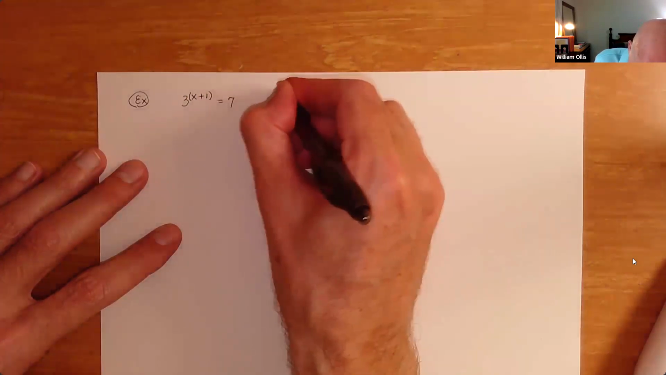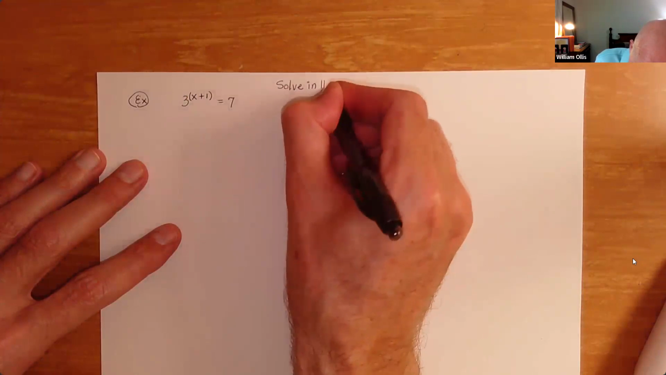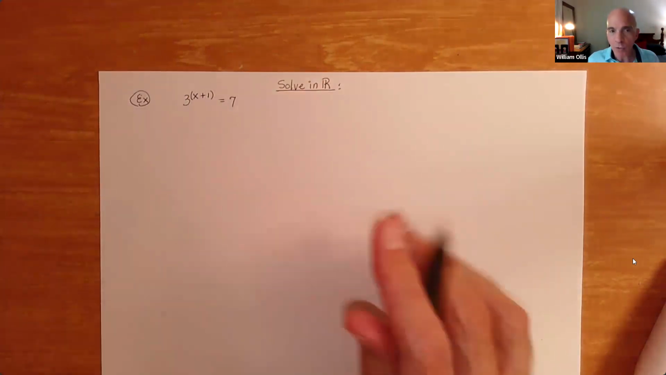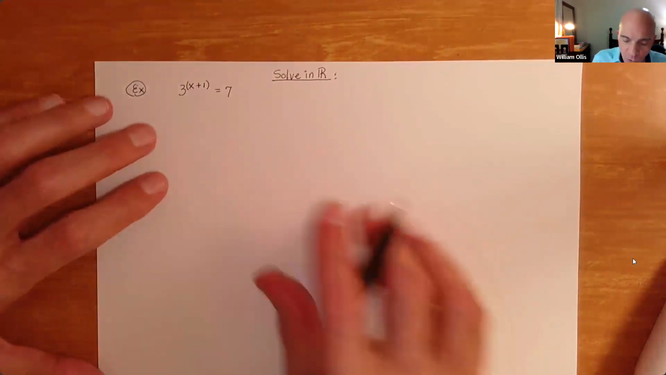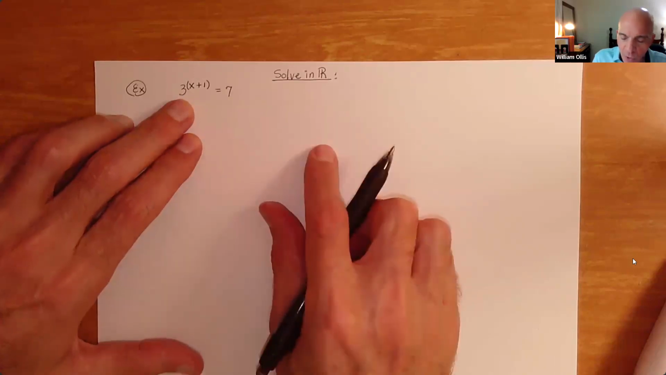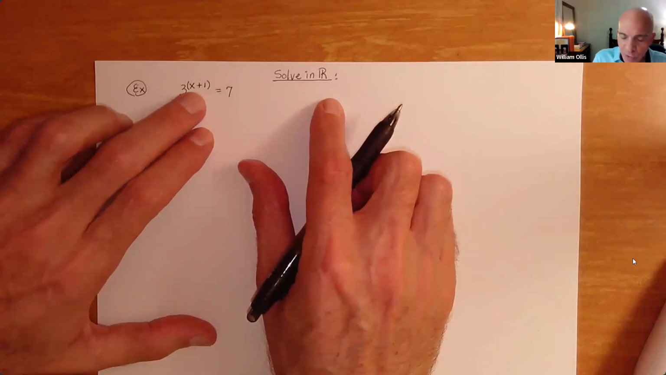So we say solve in R. We just want to do a simple equation just to remind ourselves of some of the exponential techniques. We've been focusing a lot on the logarithms, so I don't want to forget these kinds of equations. Notice here, we're asked to solve this in R, and we have 3 raised to the x plus 1 power